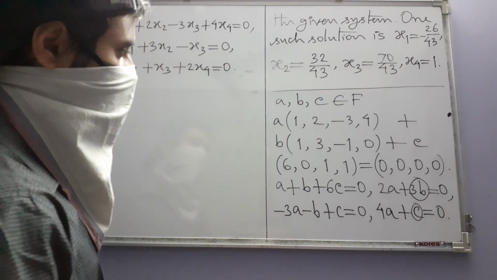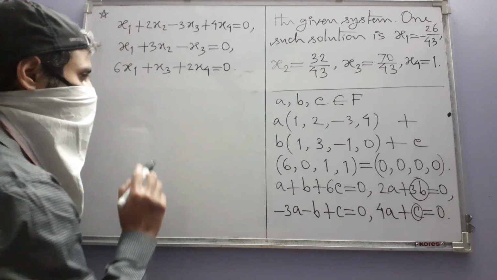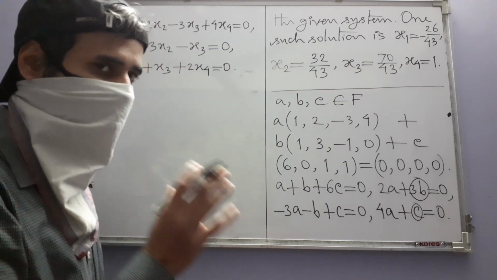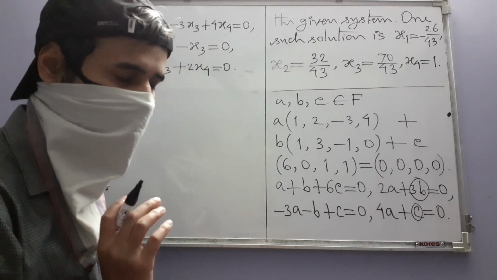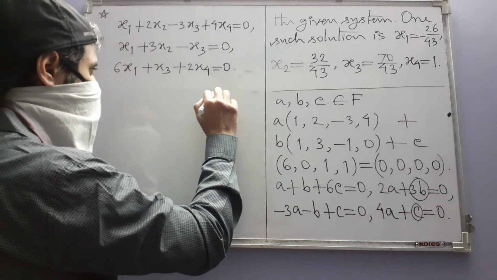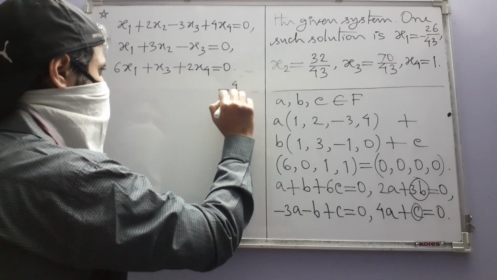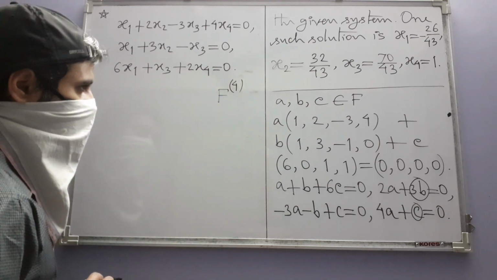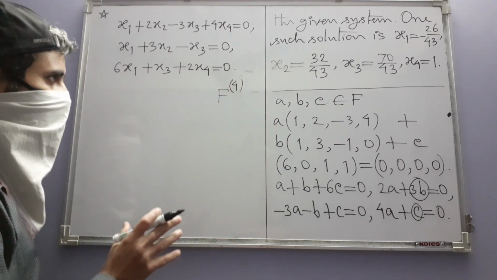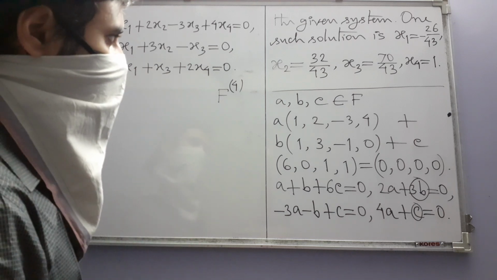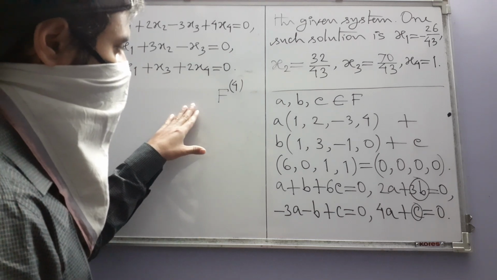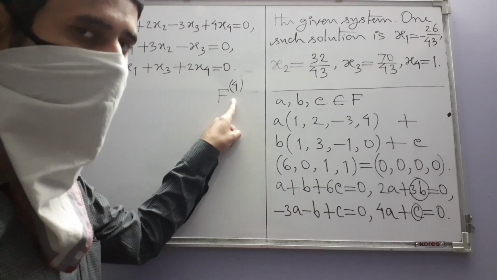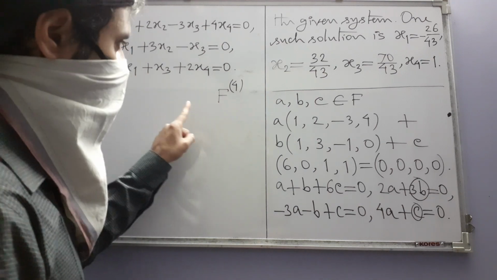That just means that we have the solution space, which consists of all the solutions, and that is a subspace of this vector space. Now, having one linearly independent solution means that the solution space is a one-dimensional subspace of F4,